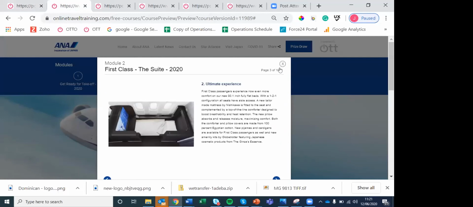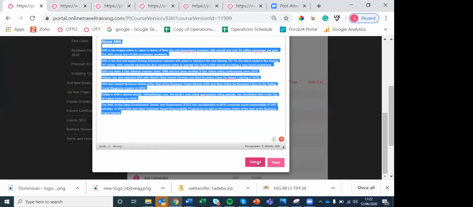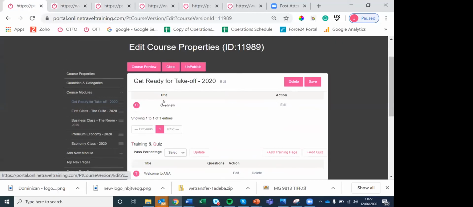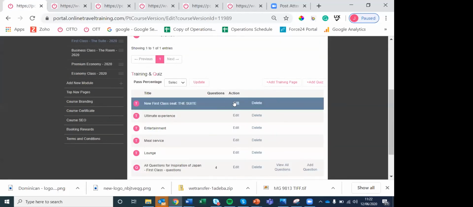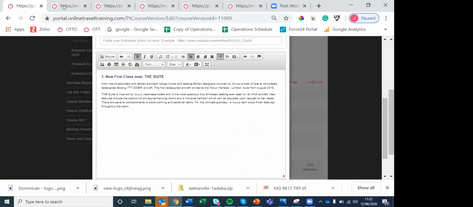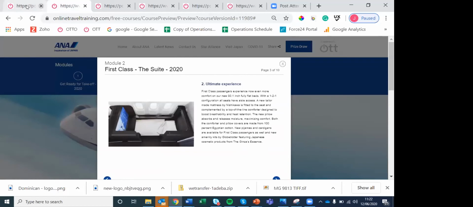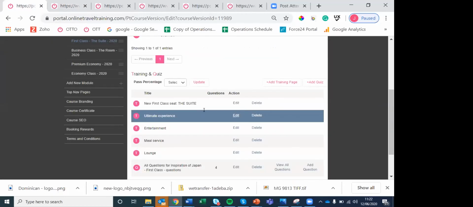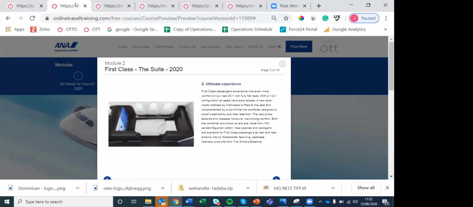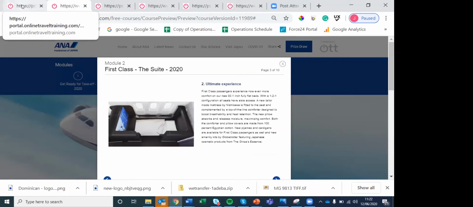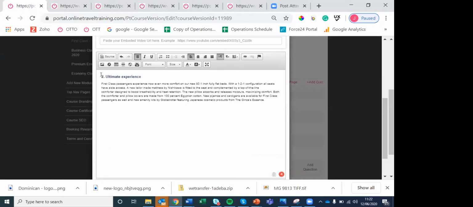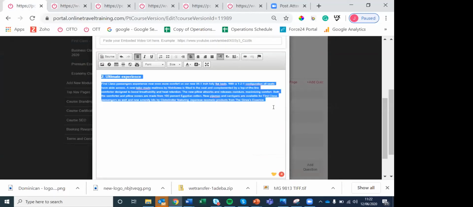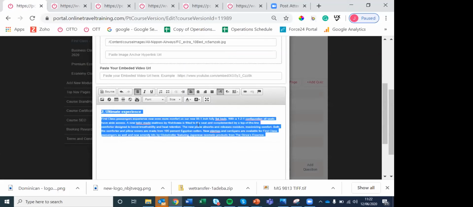Sorry, this is module 2. Maybe I'm just going to show you module 2, so it's going to be more clearer for you. Sorry about that. Just trying to find the right one. So this is the content, this is the image, okay? If I go back to the back end, this is the exact copy, and this is